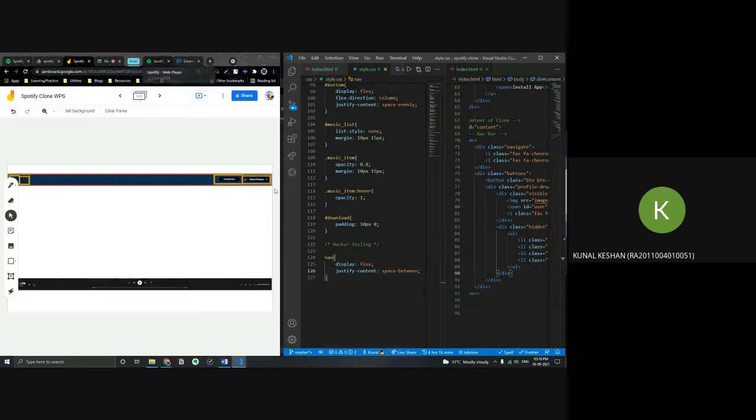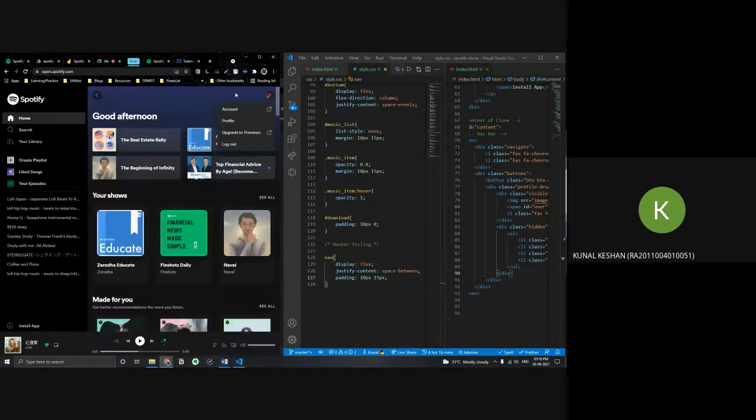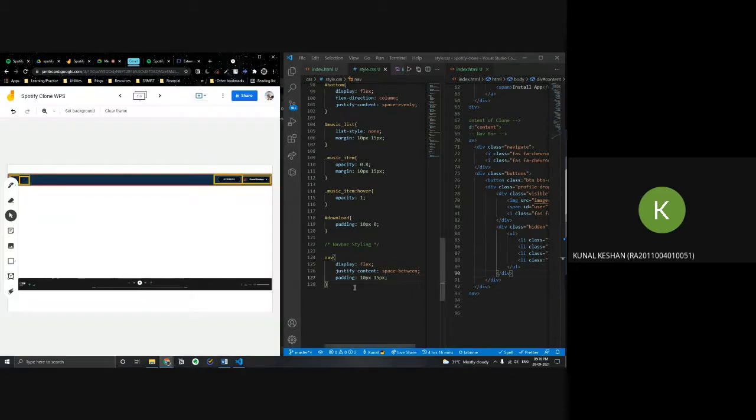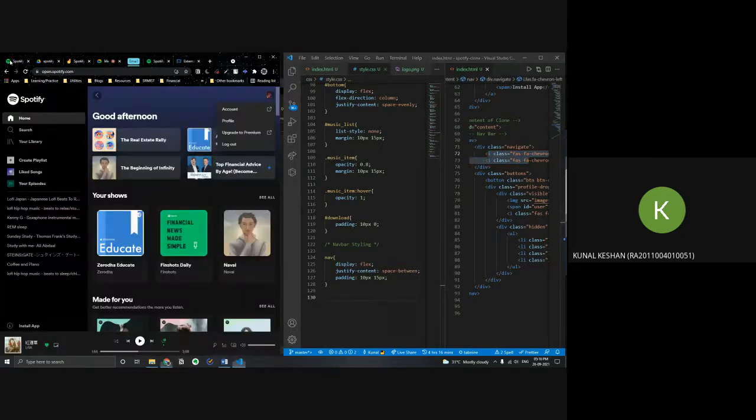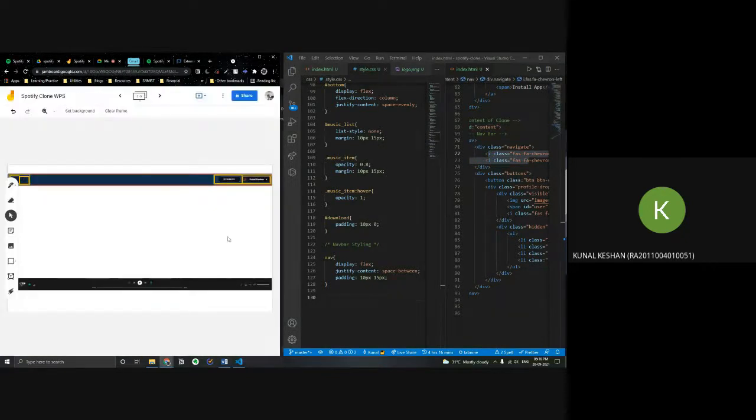Okay, and then we'll just specify some spacing around the box. So we'll give a padding of, say, top and bottom 10 pixels, and right and left of 15, a little bit of spacing between the elements and the box. Okay, next we'll target these left and right. You see it's like a circle over here, so we want the same thing for our website as well.